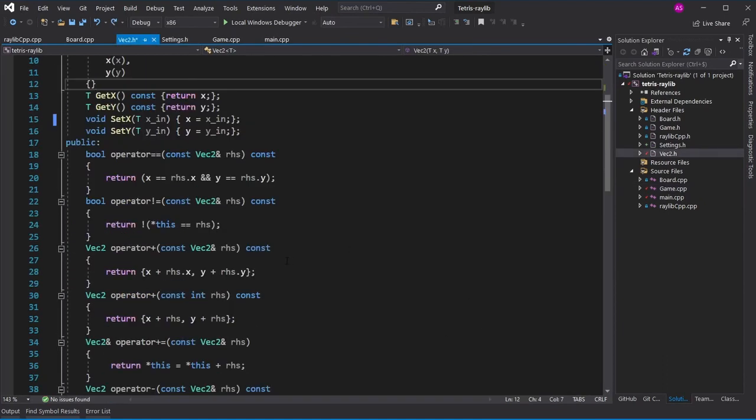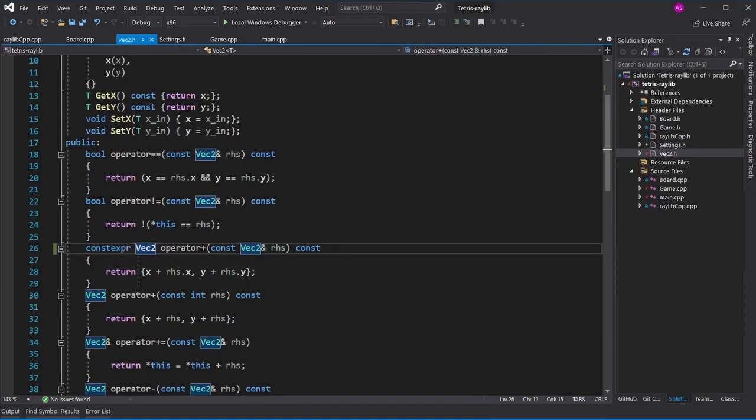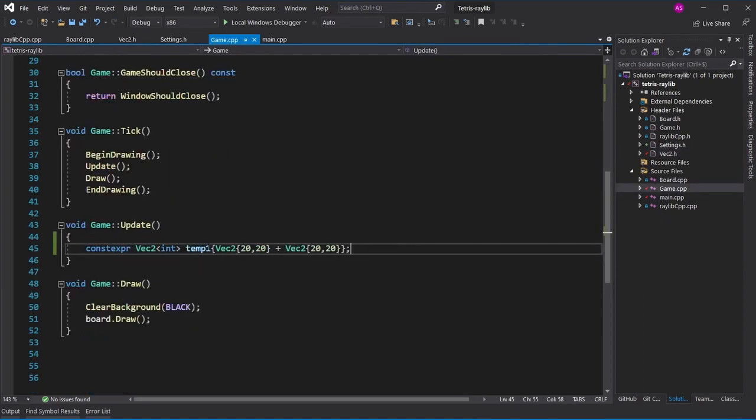So the same rules are going to apply to our operators. If we want to be able to add two vectors at compile time, we have to make them constexpr, like this. And now the compiler has no issue calculating this at compile time and having the correct values. Now instead of all of this, it's just able to replace it with